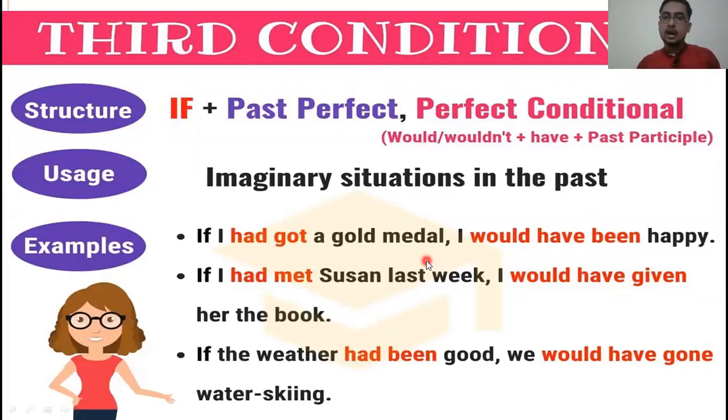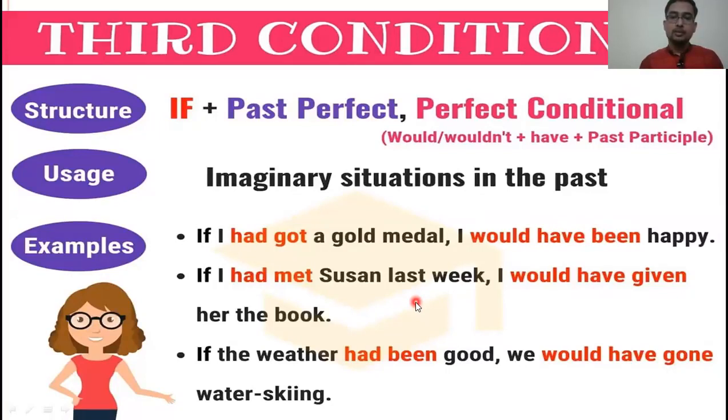ওকে, অনেক আগে, অনেক দূরবর্তী অতীতে কাজটি হয়ে গেছে অলরেডি। সুতরাং এটা যদি এরকম হতো, ইফ আই হ্যাড গট এ গোল্ড মেডাল, যদি আমি গোল্ড মেডালটা পেয়ে যেতাম, আই উড হ্যাভ বিন হ্যাপি. If I had met Susan last week, I would have given her the book. সুসানের সাথে যদি আমার দেখা হতো গত সপ্তাহে, তাহলে তাকে আমি বইটা দিতাম।